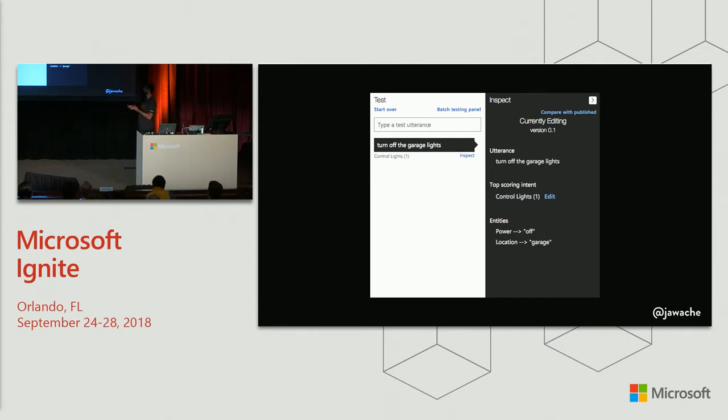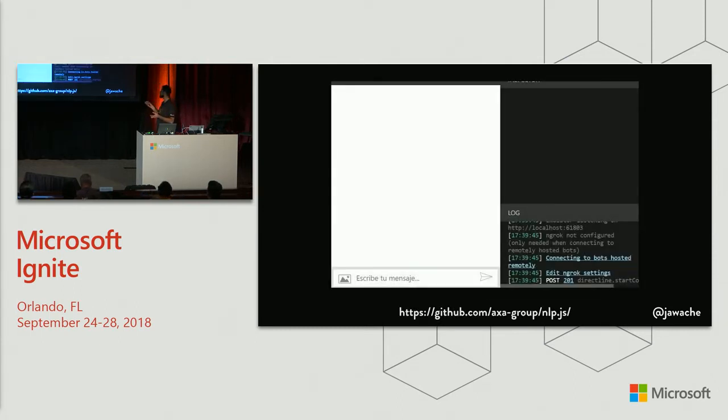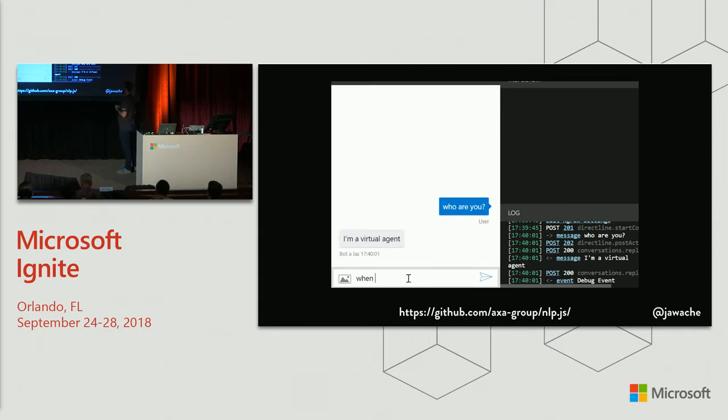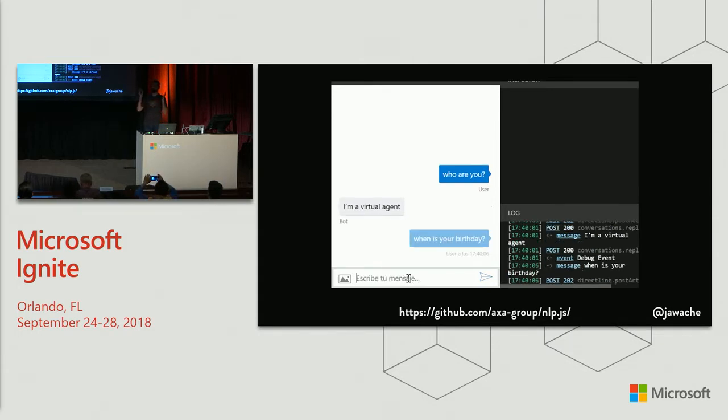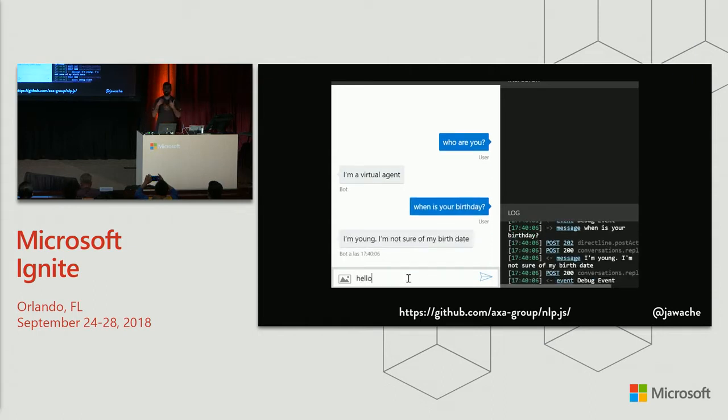If you don't really want to use an API to solve some of these problems, there are other JavaScript client-only based libraries. This is one that came out very, very recently called NLP.js. There are a couple of others as well, but I think this is very good for chatbots. Again, it's a JavaScript library, so it's running on the client side. So you don't need to make an API.